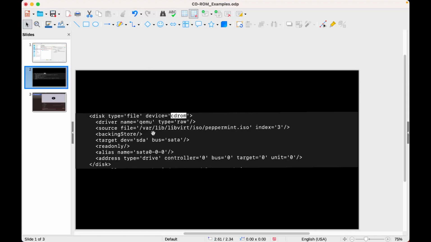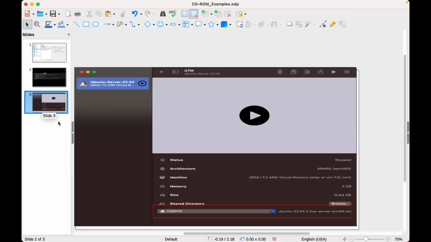The next image I want to show you is from KVM. We've got it right here. We can see that the device is a CD-ROM, and then we can also see the source file, which is the actual file that is mounted to that CD-ROM drive. And then lastly, here's UTM from macOS. Here we go, we can see CD/DVD, and we've got ubuntu-22.04-live-server-amd64.iso. All right, so let's go ahead and actually get into